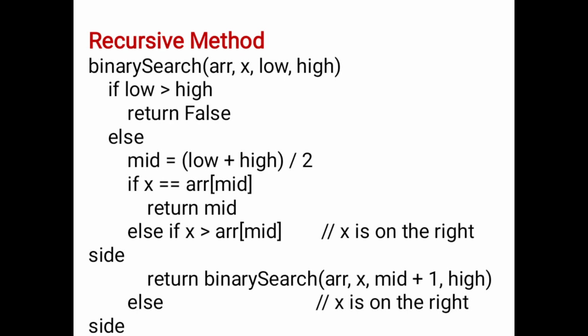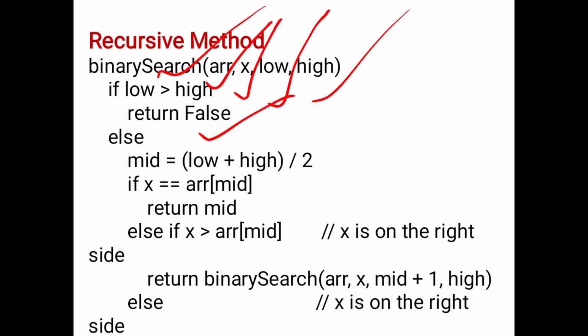The next, the recursive method, is also the same thing. In binary search, give the array name and the key element, then find the lowest, then the highest, then find the middle position. Next check whether it is true or false using if, else if, else. To check the conditions, because you have 3 conditions, use the else if concept. If it is true, then do the corresponding action. So these are the algorithms used in the binary searching process. It's a very simple concept.